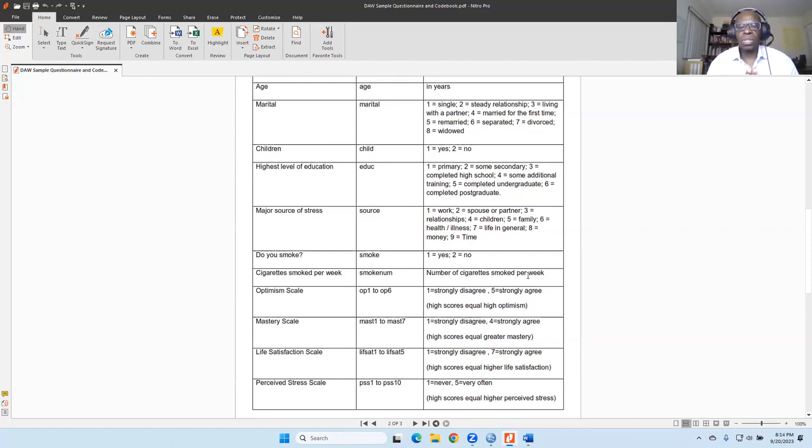So someone asked, okay, well, why don't we just put 0 for the people who don't smoke? Well, the reason we don't do that is because it distorts the average, right? We want to know the average number of cigarettes that smokers smoke.